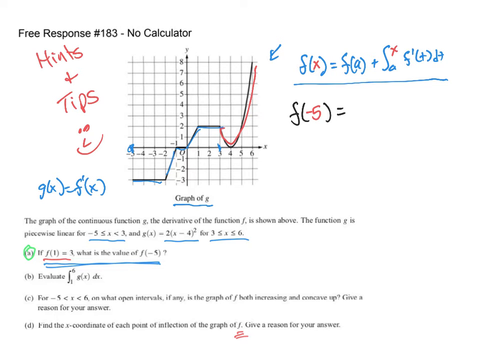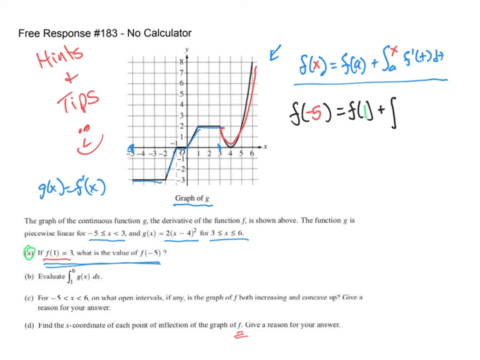We are told that we know f of 1, right? We know that f of 1 is 3, so let's just go ahead and put this in. And then you'll replace f of 1 with the 3 when the time comes. And then to build the rest of this definite integral, we have the integral symbol, and then the limits of integration. The bottom number is the a, so that's the